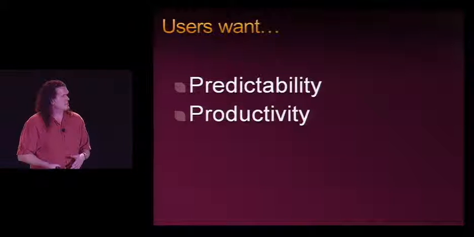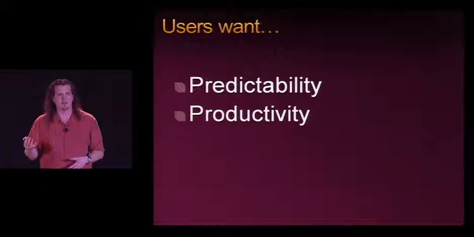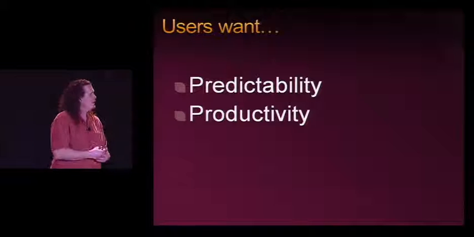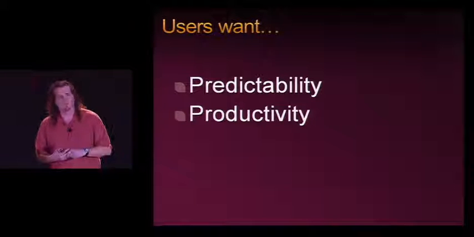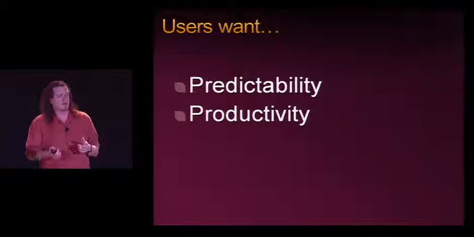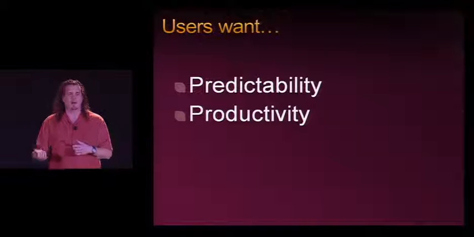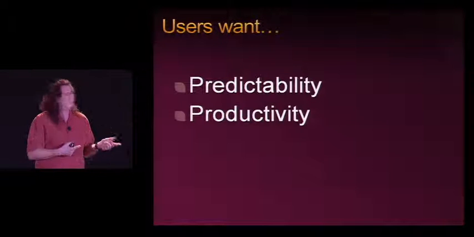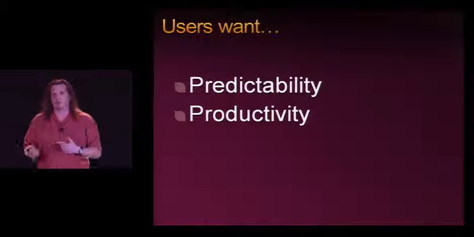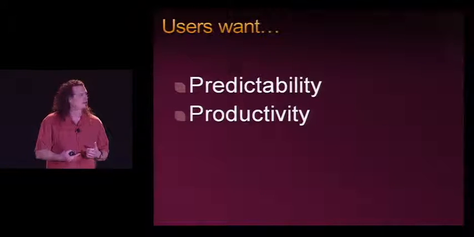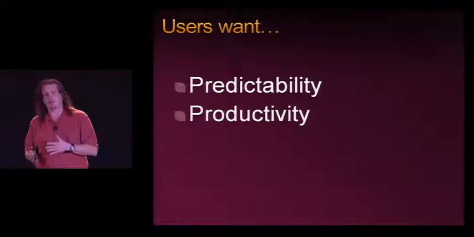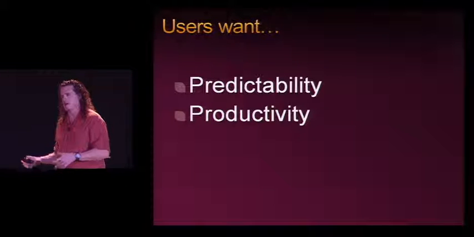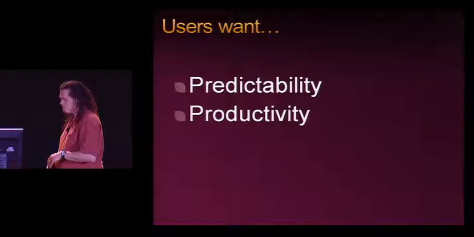Now, I'm sort of famous for using my mom as my example user. I actually thought about this a little harder this morning and realized that the two people that I think about when I think about productivity are my mom and my wife, because they both use the web. But they don't do it just because they like playing around with the web, right? They do it because they're trying to get something done. They're trying to do research, they're checking their stocks, they're checking their email, whatever.